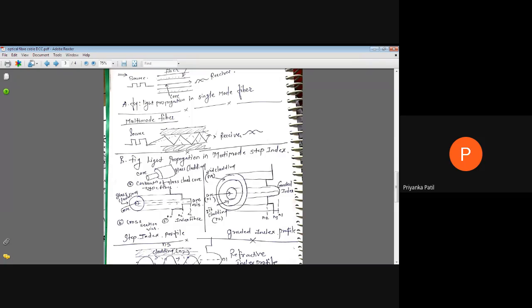In order to get this type of index profile, the material in the fiber core is modified. With this modification of the index profile, the light gets reflected inside the fiber core and does not travel in a straight line. So there is no straight line followed for the transmission. But in the normal index profile, we have straight line reflection.